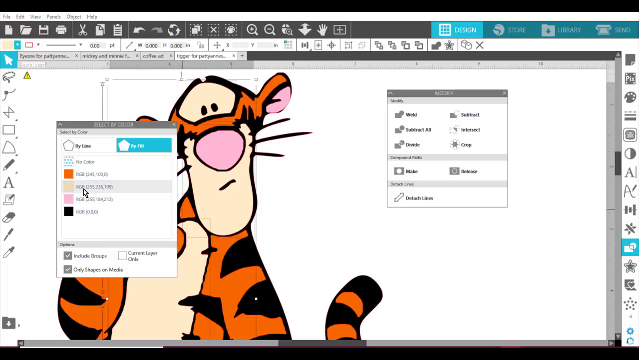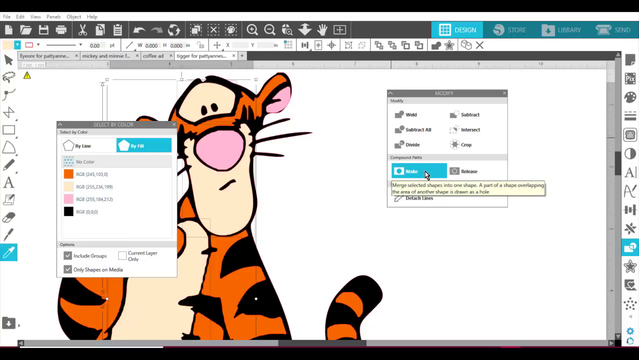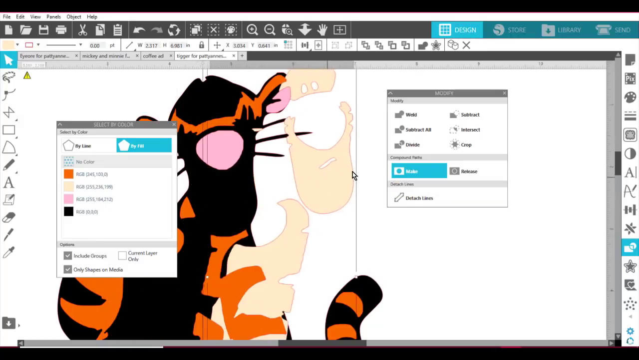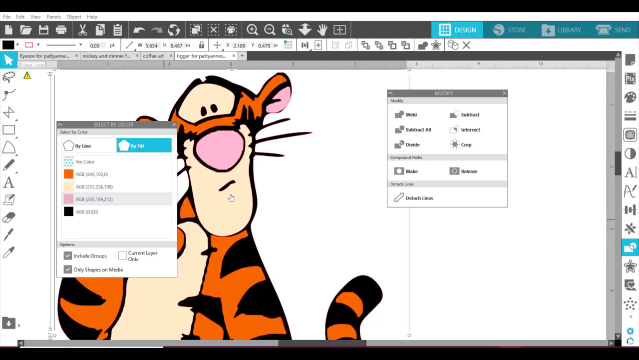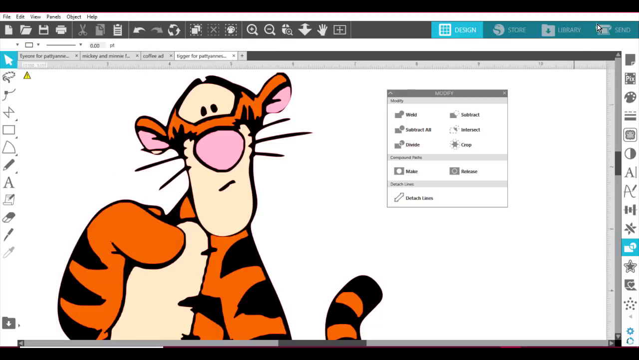So if I go to the tan and select those by color and come over here and click on Make or Make Compound Path, see, it makes the shapes into one shape, as you can see what it says right there. Okay, make it, and there they are. So that's perfect. So then all we would have to do now, and the black we don't need to make a solid shape because it already is, is take this and send it to Cricut Design Space, or we would send it to our